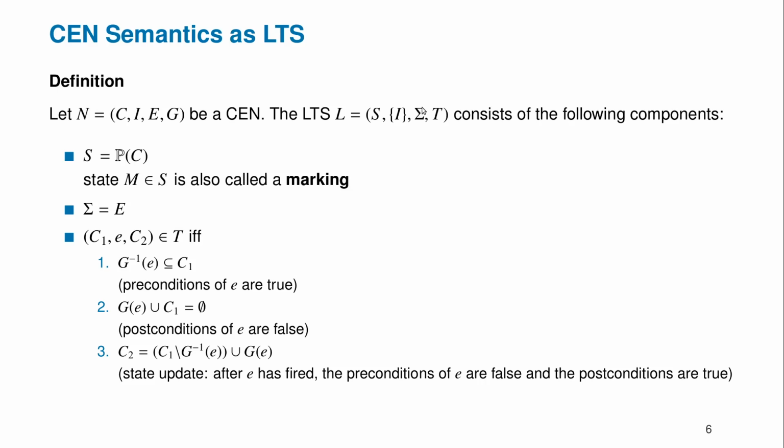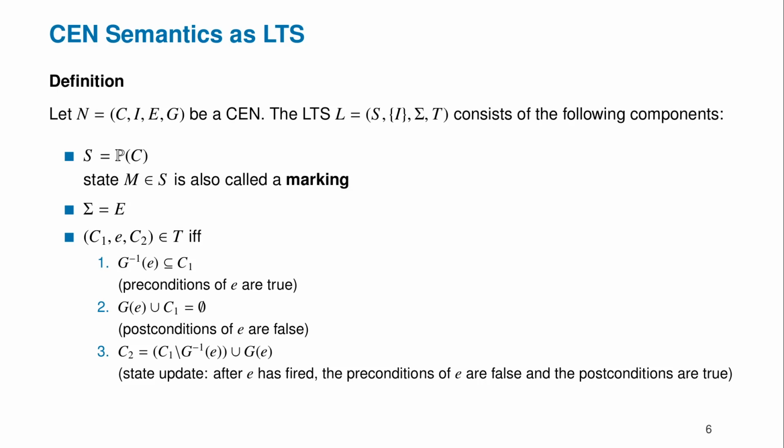Then we have the initial marking, which is simply the set containing I. So here we have all the conditions which are true in the beginning. Obviously this is a subset of S. Then we have the alphabet sigma, which contains simply the events. And what's a bit more tricky is the transition relation, which we will now introduce,